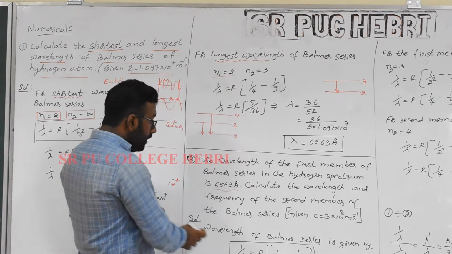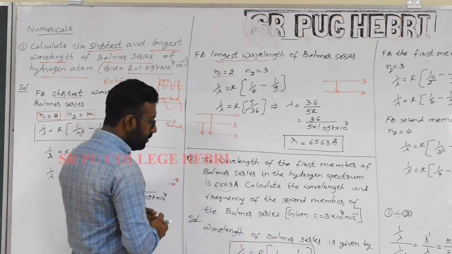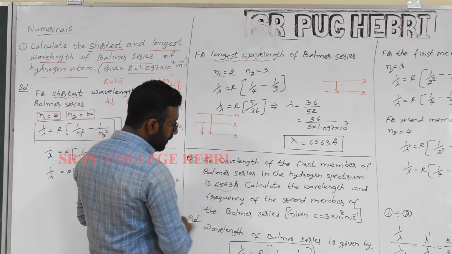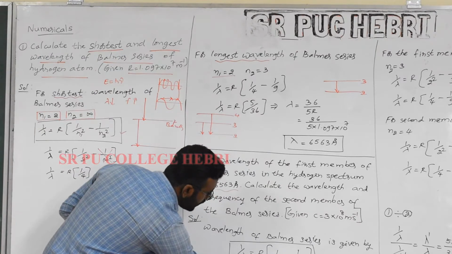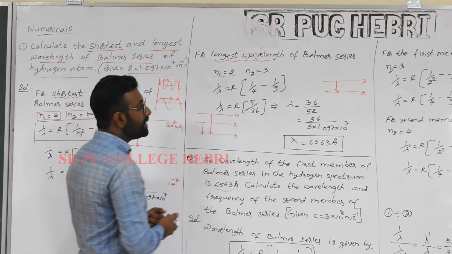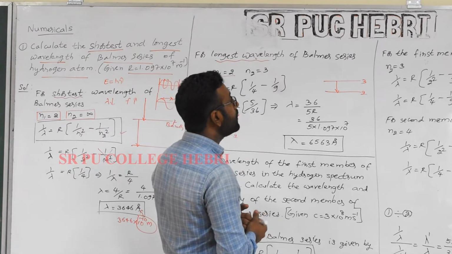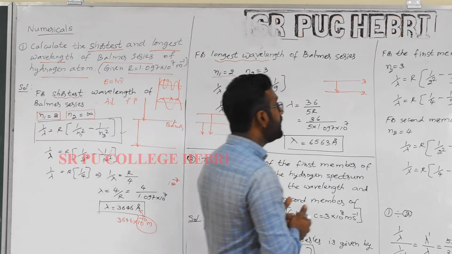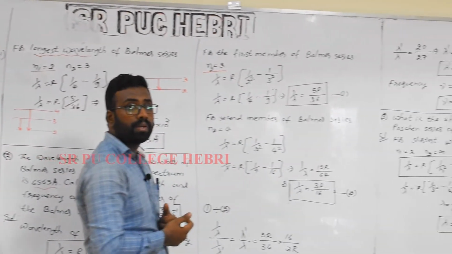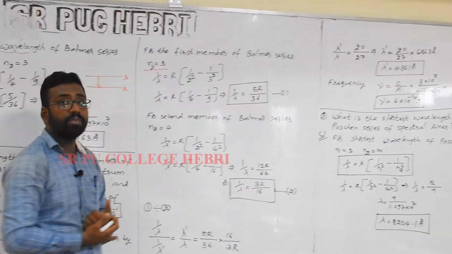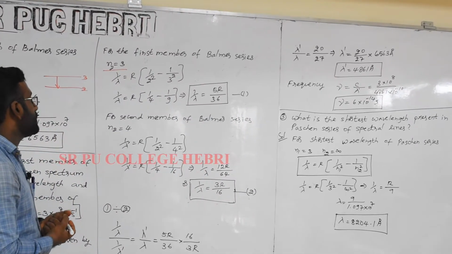The wavelength of the Balmer series, it is your equation. You have to keep it safe with you. Don't forget it; you should remember this equation. For the Balmer series, you know that n1 is 2, so this equation is written. Now, what about the first member of the Balmer series? The first member we have already calculated. You know that one, right? n2 will be 3 for the first member. So we will calculate it for the first member.